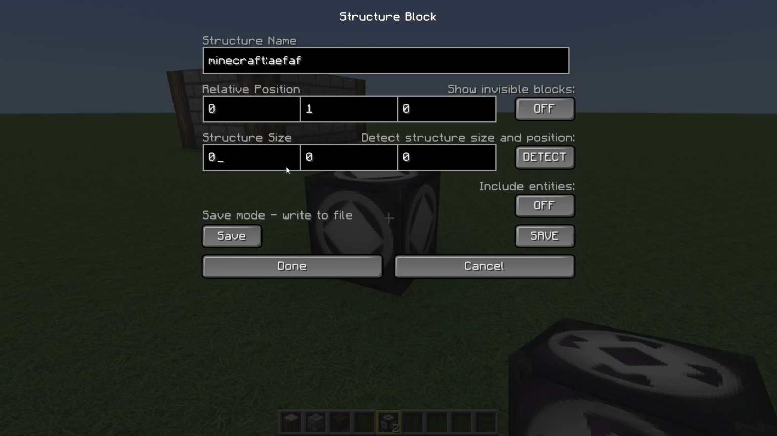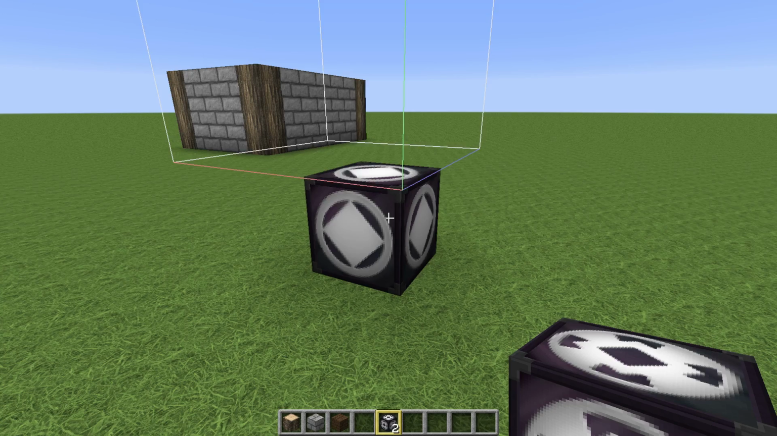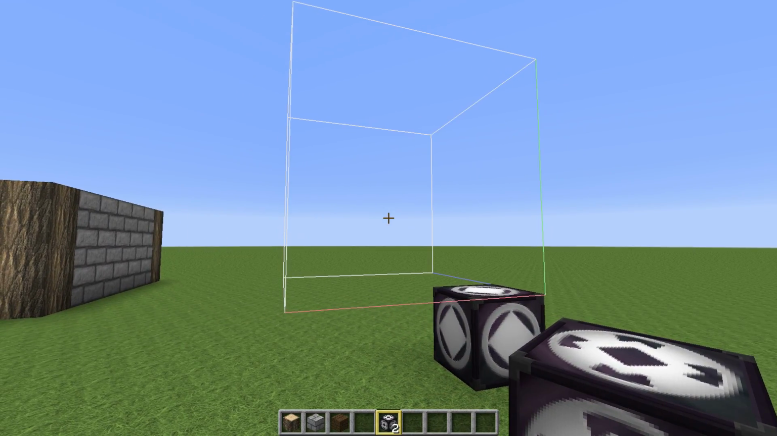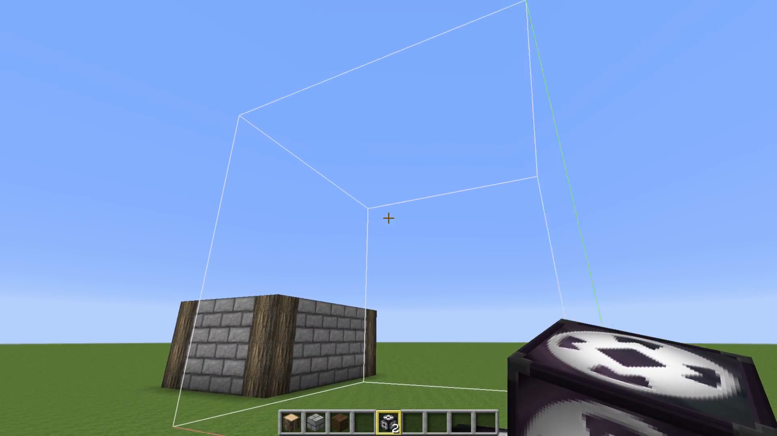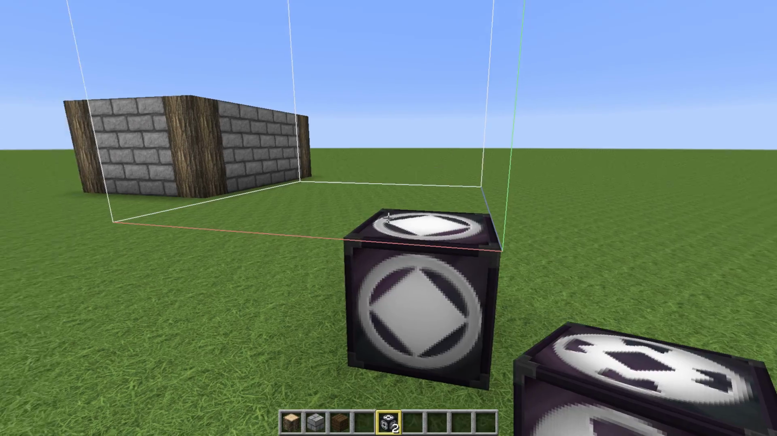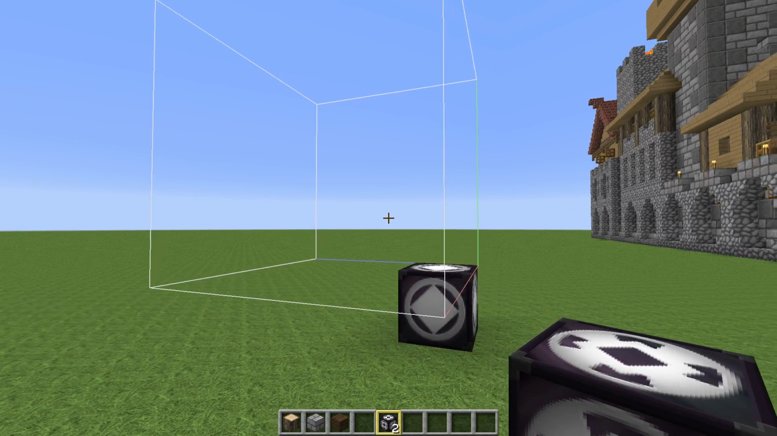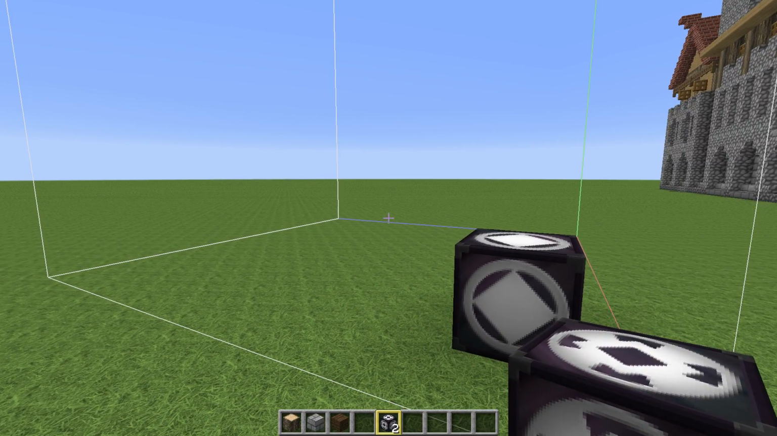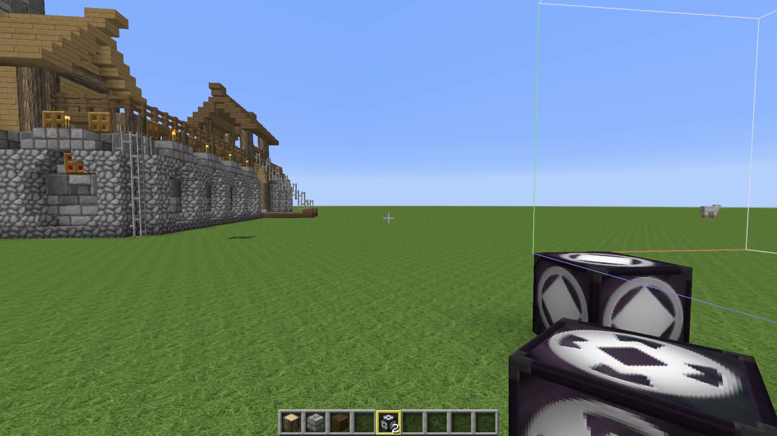So let's say that I will have a structure of 3 by 3 by 3 blocks. And if your structure also has item frames and stuff, or animals, I suggest you turn on include entities. And then you click done. And here you can see where it has its selection. It's one block above itself, and it's a 3 by 3 area, and you can see it's directional in that area. So if I put up F3 here again,